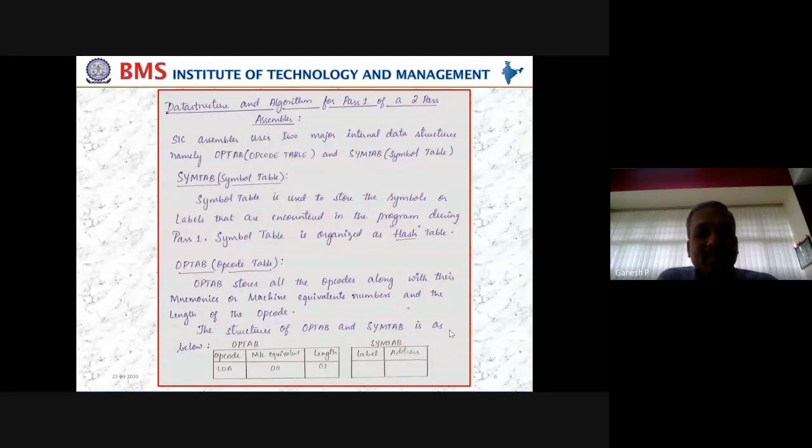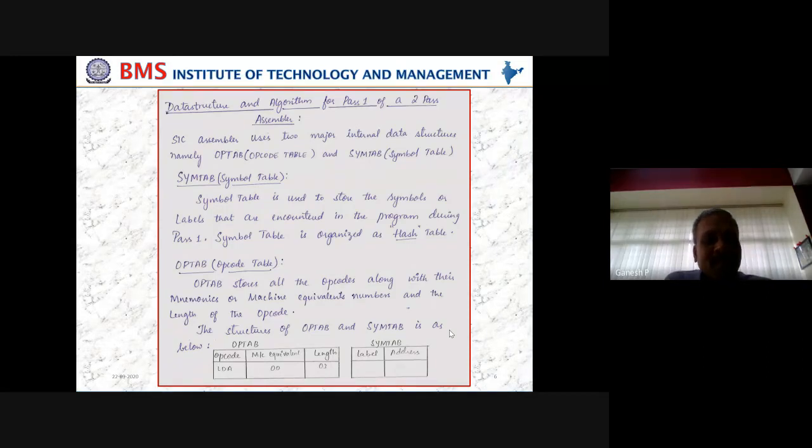But while typing, you have typed it erroneously, maybe some issue with the keyboard or whatever it is. So the system has to verify that LDA is the actual instruction, but you have given LDZ, so it should say it is an error, like in C, C++, where you see errors being given whenever you compile the program. Like that, errors have to be generated. How can the errors be generated? Only by comparing what is there in the actual system with what you have submitted as input. Then only will the system be able to tell whether your input is as per the requirement of the architecture or not.